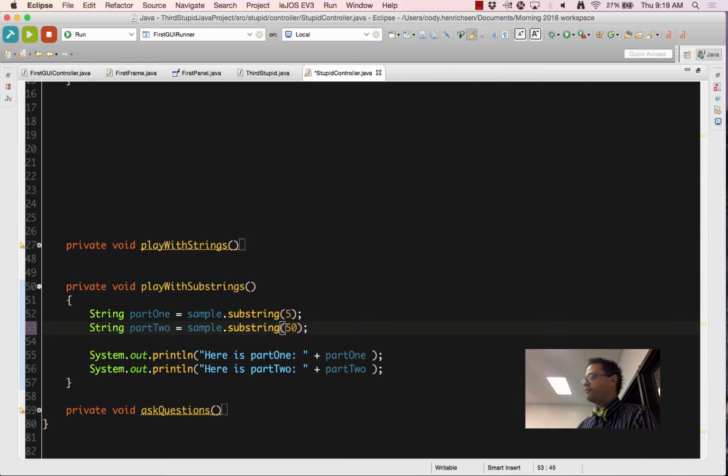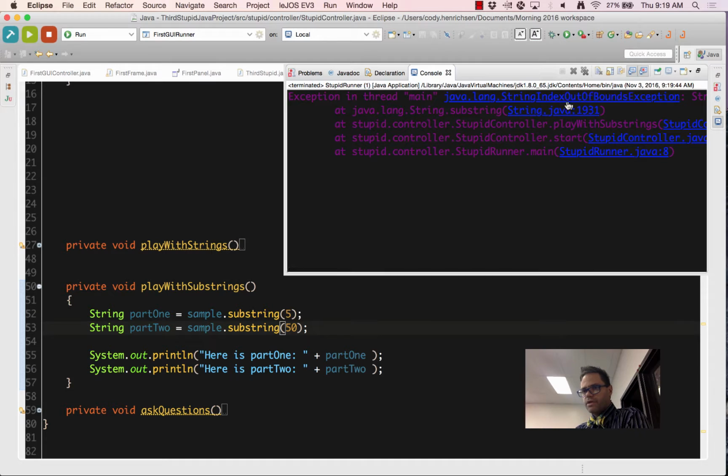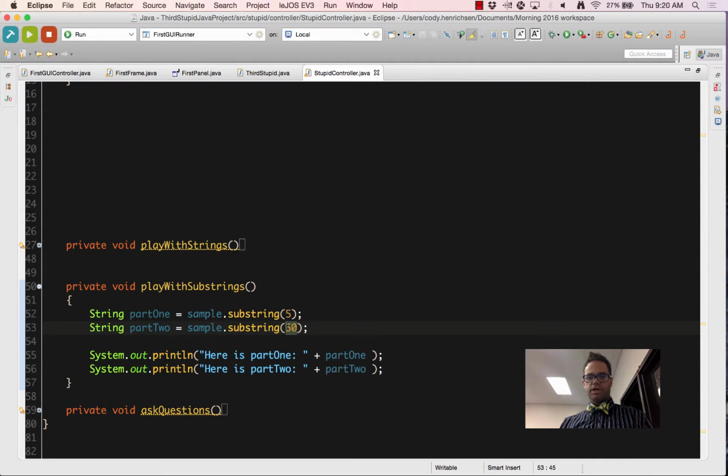Say I pass it 50. Again, string index out of bounds exception. It's at this line right here, line 53, because sample.substring 50 doesn't exist. It's too big. You can't put a number that's bigger than length. So the biggest possible value is